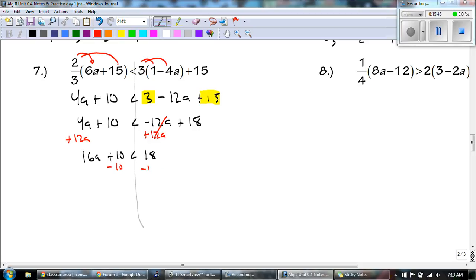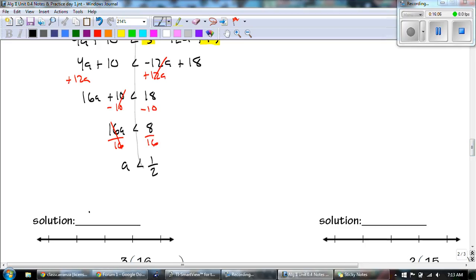We're following the rules of SADMAP, so I'm going to subtract 10 from both sides. I get 16a is less than 8. And when I'm all done, 8 over 16, we need to reduce the fraction, is 1/2. So a is less than